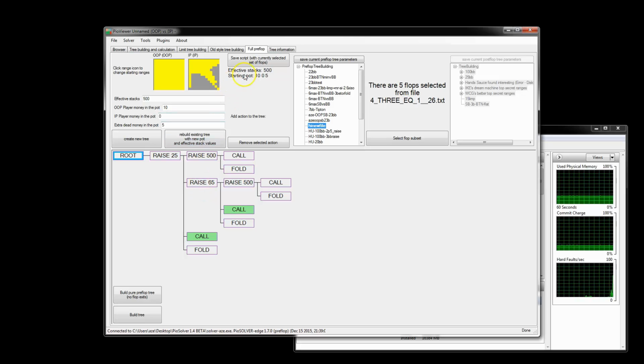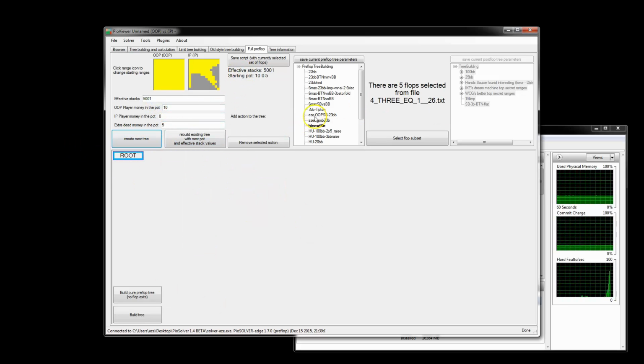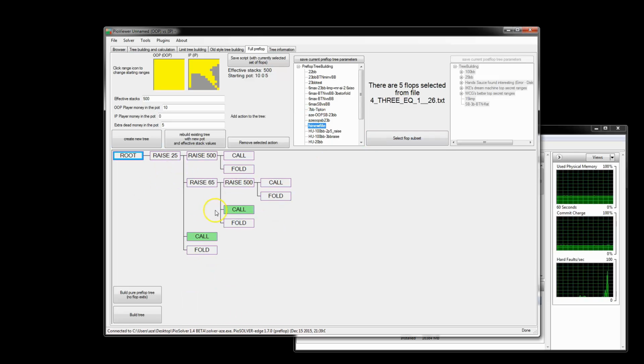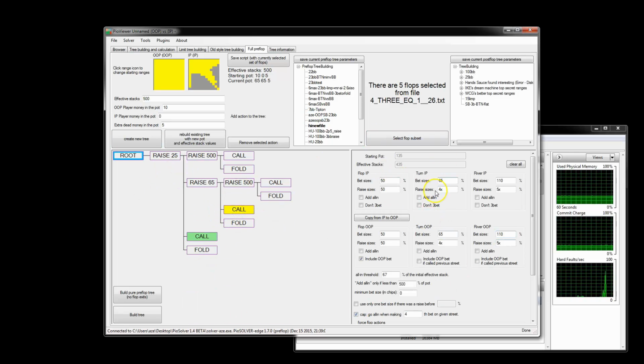So we can always go back to it, even if we were to make a new tree. We can go right back to this. It has all of the stuff saved in. Cool. And saving post-flop tree parameters, by default, it already has all of your post-flop stuff, so you could just save one of those. So if you want to make a brand new tree, but use this template, you can save that in, and that's going to be very useful if you're going to be running a lot of